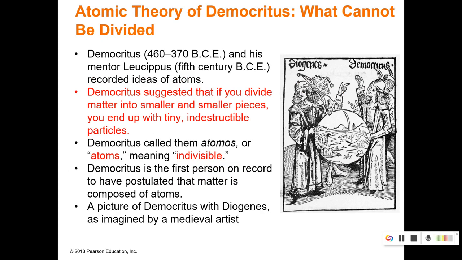So this is called atomic theory. You are going to need to know these key people. Democritus is first. He was around 400 BC, and he said that if you divide matter into smaller and smaller pieces, you're going to end up with tiny indestructible particles, which he called atomos, or atoms, in Greek. That just meant indivisible, so they're not able to be broken, which is that indestructible part. You are going to need to know the order, so make sure you write them down and keep track of the order. Again, Democritus was in the 400 BC range.